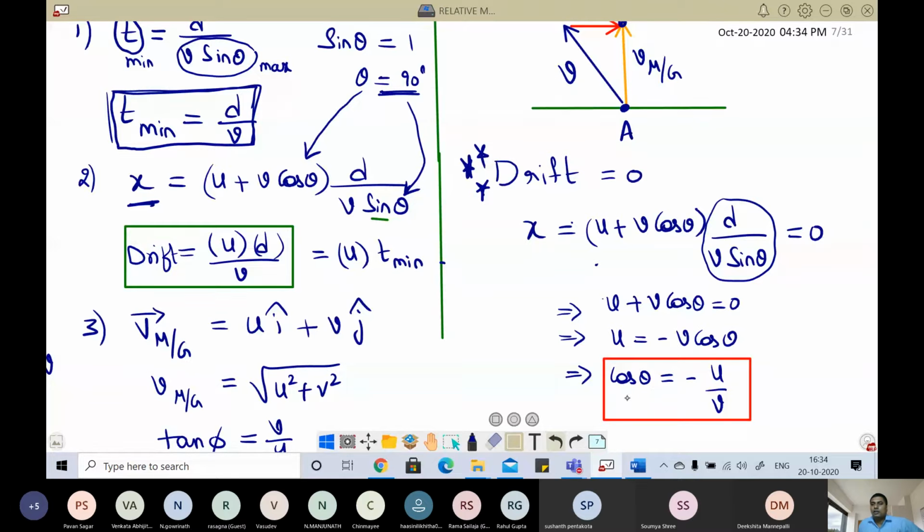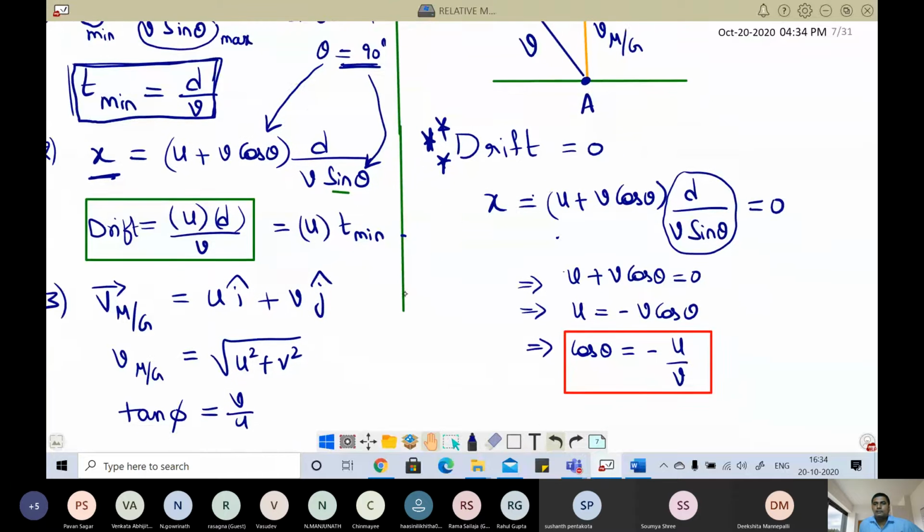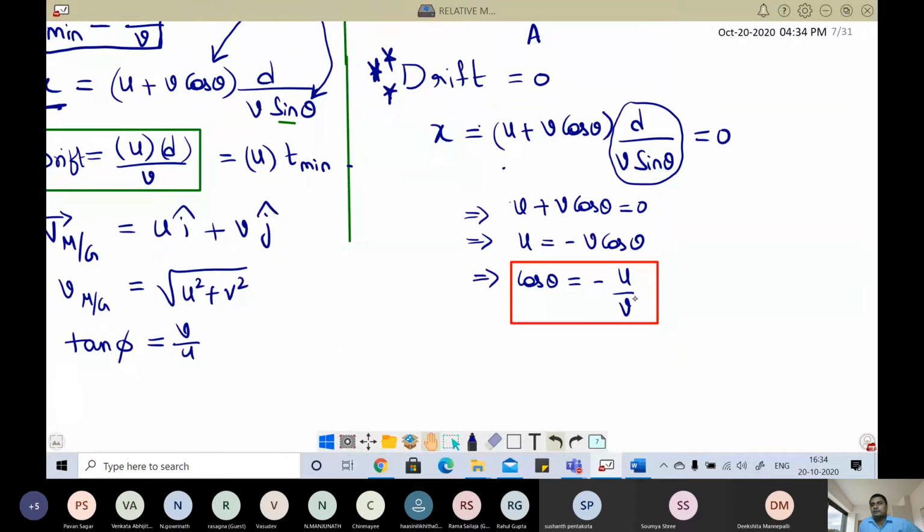Please understand. Now here, if you remember in trigonometry, you must have studied, cos theta is negative means is it acute or obtuse? Anyone? Cos theta is negative means theta is acute or obtuse? Obtuse. Theta has to be obtuse. If you remember the graph of cos, it will be like this. Cos 0 is 1, cos 90 is 0, and then from here onwards it will take negative values. So it has to be an obtuse angle.